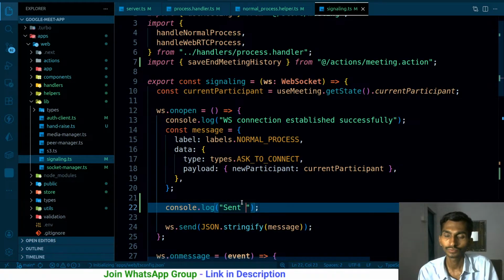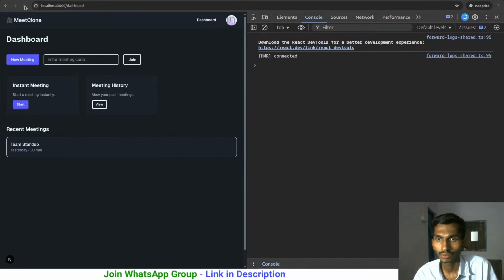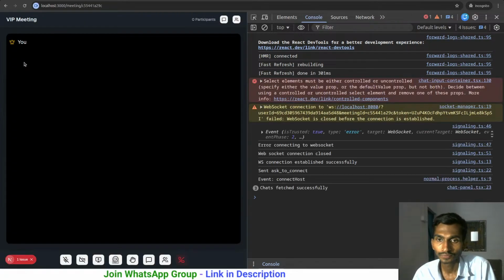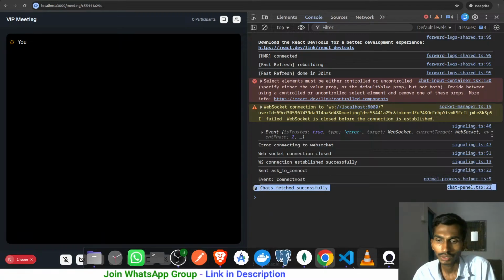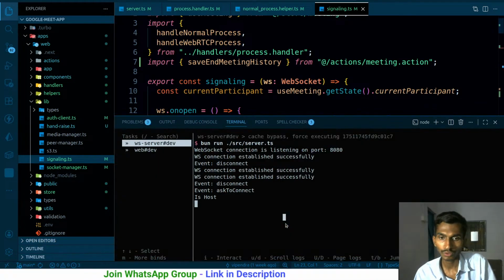Send ask to connect. So reload the page. Done. Let me create a new meeting. It worked this time, and sent ask to connect, then connect event. I got connect host here. This worked this time, but if I actually stop everything,